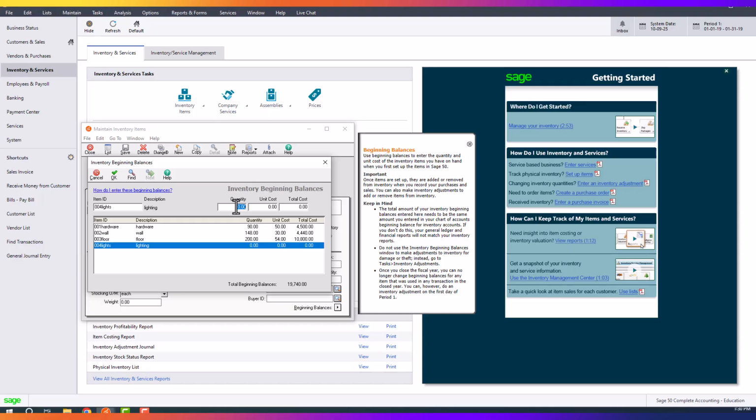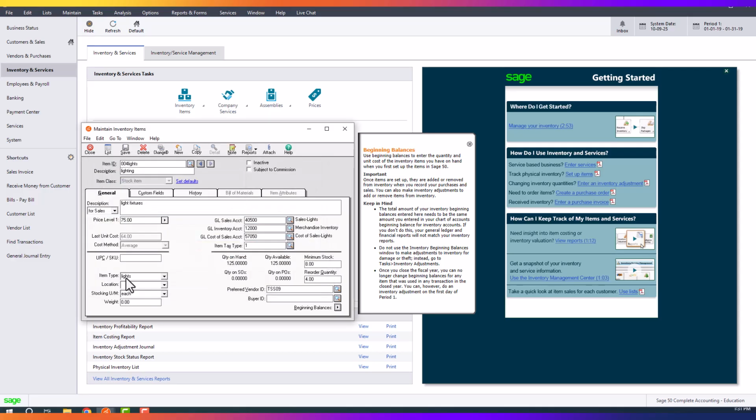The details about the beginning balance are on page 525. It says that we started with 125 of these lighting fixtures, and the unit cost per unit was $64, and we do that multiplication and we should see a total cost of $8,000. And then this table down below, it's still showing as zeros, but as soon as I click on one of the other items, those values have updated, and I can see that the total beginning balances for inventory is $27,740. So make sure you're matching up with that, and once you've got that detail entered, click OK to save